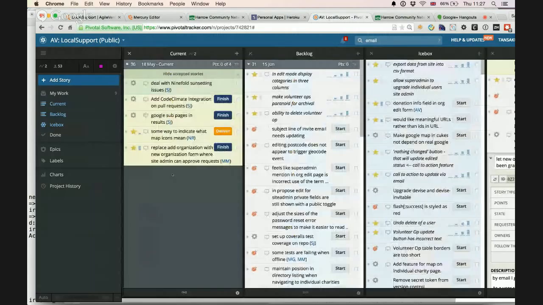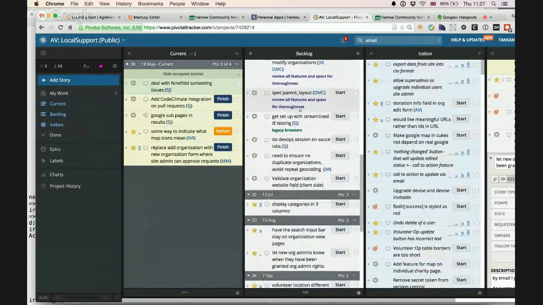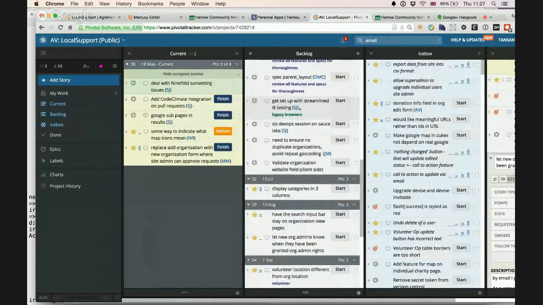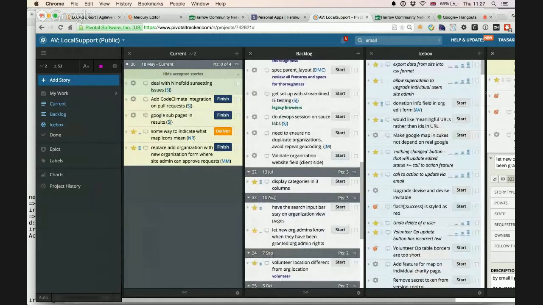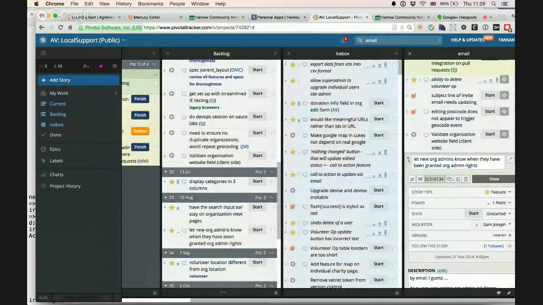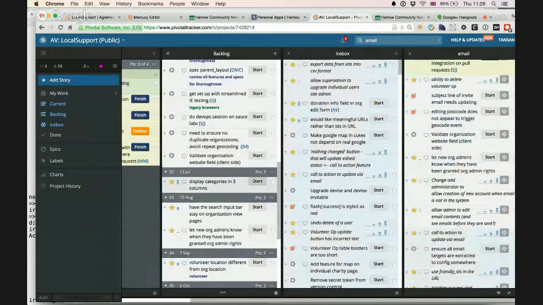Just looking at the system here, Michael was ill and we didn't manage to vote on these new stories. So we've got a question there about these. This one that you mentioned today, since you just approved Linda as an admin, you'd like her to be updated about that, and so that's here. And you can see that it's in the list of things to do.